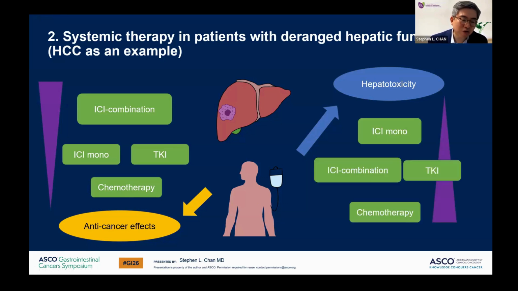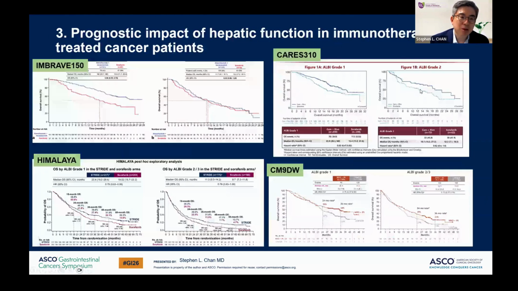We know that for liver cancer, chemo probably is not going to be very beneficial. But on the other hand, we also have to appreciate the fact that if you talk about the most liver friendly, it will be ICI monotherapy, like single agent PD-1 or PD-L1, like durvalumab or nivolumab. Chemo is obviously the worst. And something in the middle is again maybe ICI combination, maybe reduced dose TKI. We don't know that. So when we make a decision on the treatment to develop or for our patients, these are the considerations. And the third point I would like to mention is